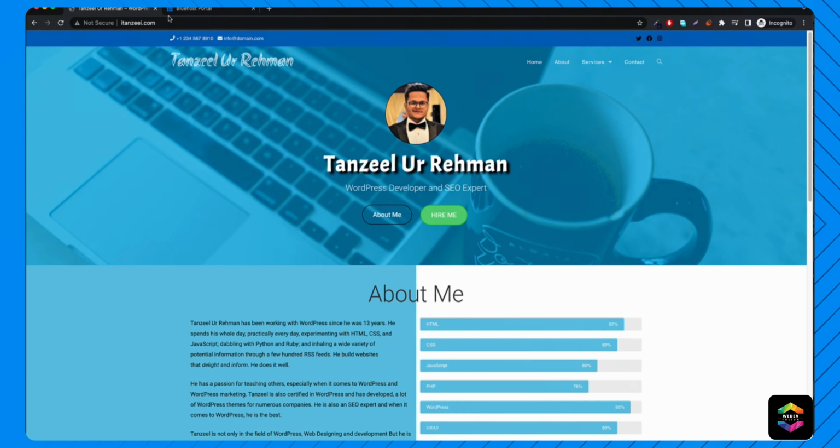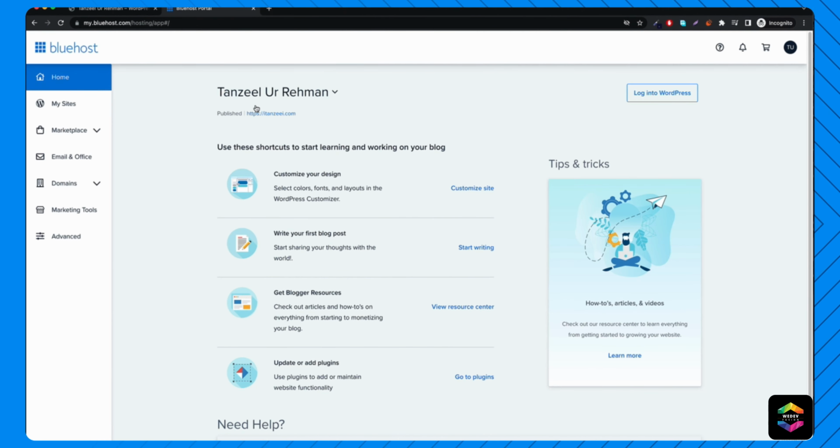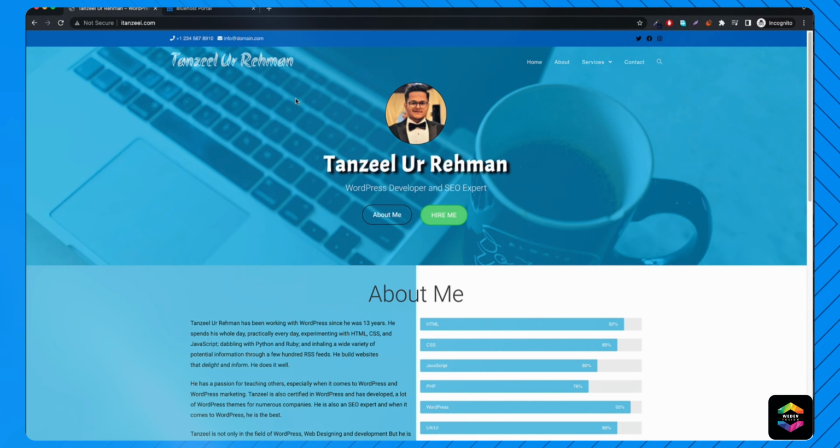Then this address is sent to the Bluehost server, and the server responds onto the internet service provider, then to your router, and then to your computer. So basically there are a lot of things happening. When you type in an address, it is sent to your router, then to your internet service provider, and then to the server itself. So if a website is not secure, then all the information you